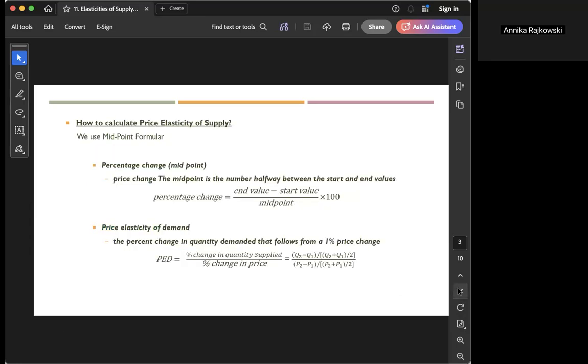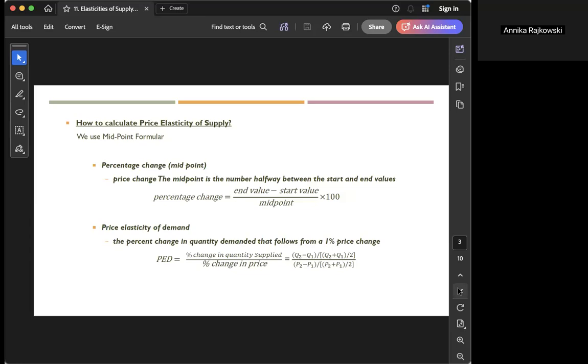Now, let's do some technical part. How do we calculate price elasticity of supply? We also use the midpoint formula here. The basic formula is very straightforward: price elasticity of supply equals the percentage change in quantity supplied divided by the percentage change in price. The challenge is